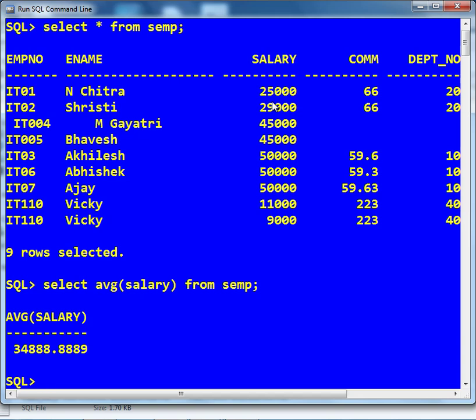Now if I write select sum of salary divided by count asterisk from ACMP, just see the difference between both of them.